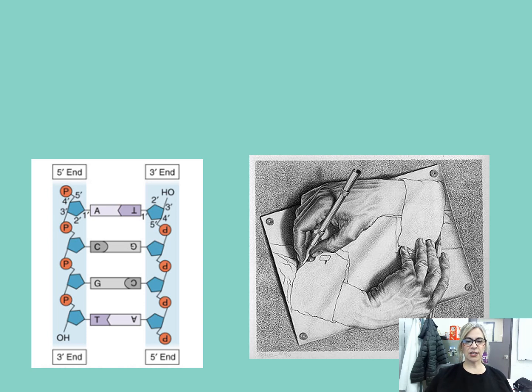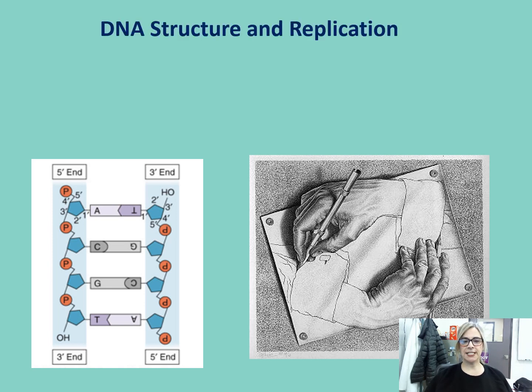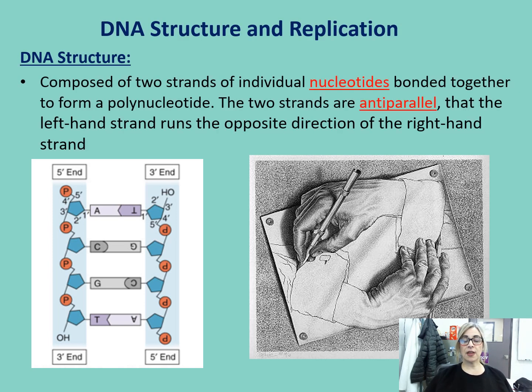All right, so the next thing we're going to take a look at, now that we've done a little bit on the history of DNA and the discovery of DNA, is the actual structure of a DNA molecule in more detail. One of the things to think about when we are talking about the structure of DNA is that it is double-stranded, okay, so that's really, really important, composed of 2 strands, and then you'll notice that it says 2